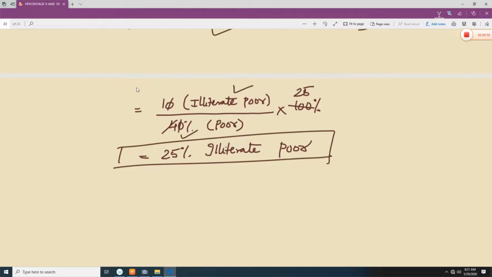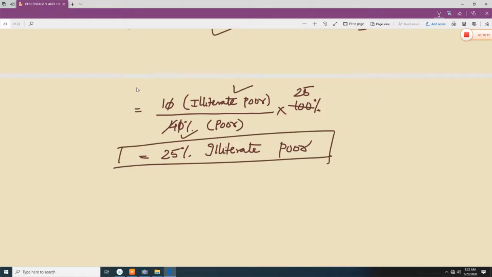So write down all the examples on a piece of paper. Do the practice by yourself without looking into the video, and compare your answers with the answers given in the video. If the answers tally, it means you have mastered the concept. If they don't tally, don't worry. You can try again and again till you master the concept. This is the only way to learn and become the master of the subject.